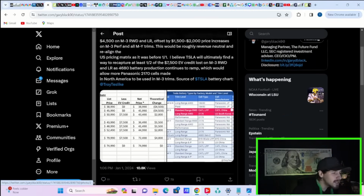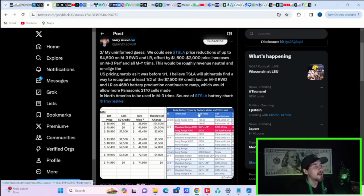Now, this is pretty interesting. I don't know if this is actually going to happen. I think Tesla's probably been working on establishing at least half the credit back or the full credit for a while now. It's no surprise that Tesla was going to lose the credit on the Model 3 lower-priced variants. This was not a surprise. So either this happens that Gary Black's talking about, and it could be a while before we see that credit come back